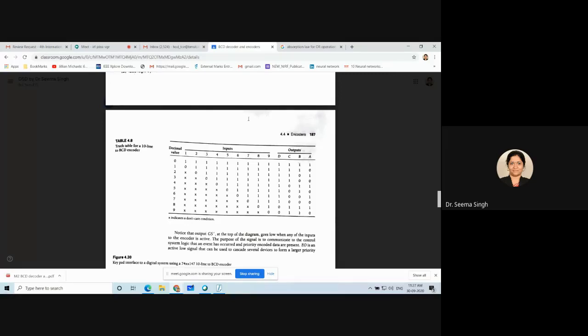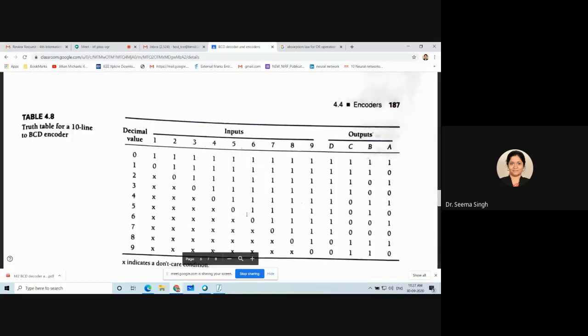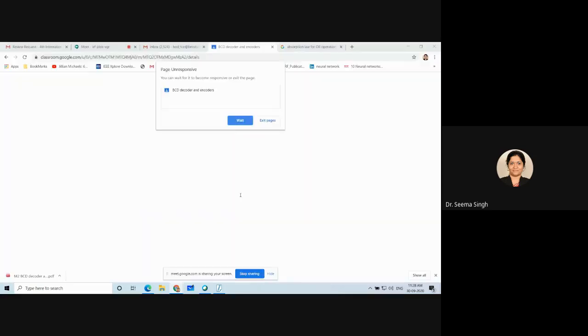We had seen something like this yesterday, but we had seen only the 4:2 encoder, right? Now this is your 10:4 priority encoder. As you can see, it is active low only, right? It is active low only. And it is a priority encoder. So when all the inputs are 111, it is trying to say that